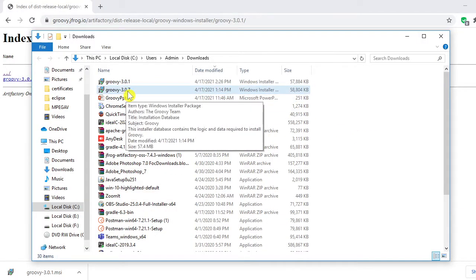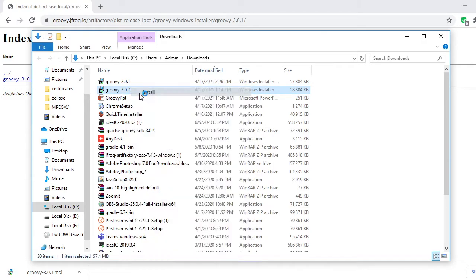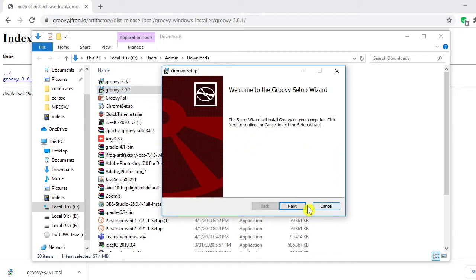I have 3.0.7 already downloaded, so I'm installing this version of Groovy. Right click and click on install.